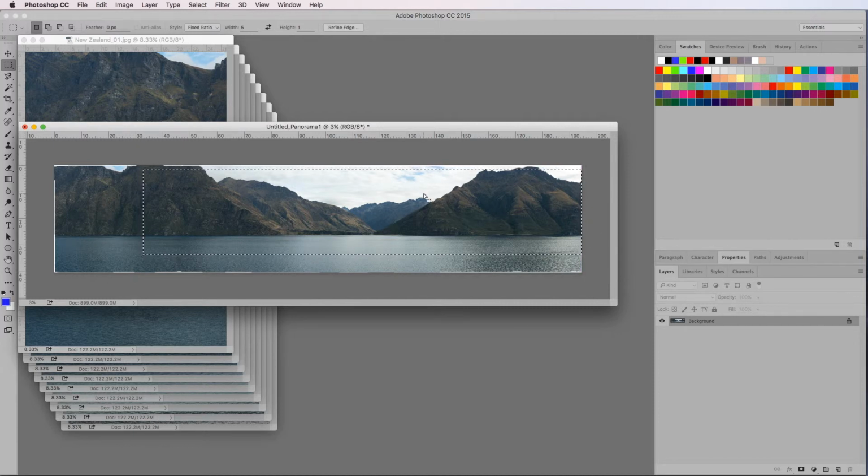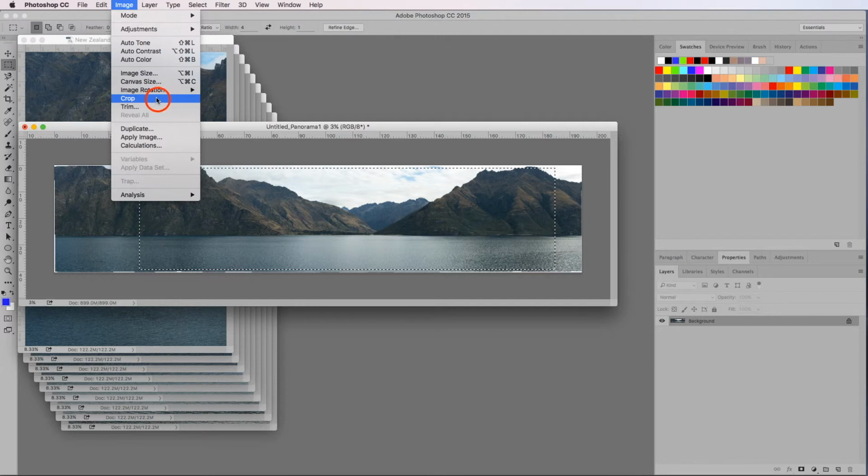Okay, so we've overshot a little bit. I'm going to go 4:1. I think 4:1 will be fine. Okay, so let's have a go again, and that is a lot better. Okay, by using your arrows you can move that box around, because I've just overshot down in this corner here and I'm getting a little bit of white, but it's not too bad. Okay, so I've got my crop. This is the composition I'm going to be happy with for this image. So if we go up to Image and we just hit Crop,